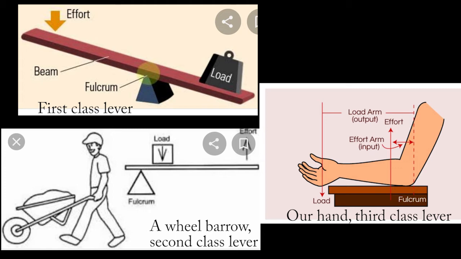So, what is lever? Lever is a simple machine consisting of a beam or a rigid rod pivoted at a fixed hinge or fulcrum. বাংলায় যাকে বলে আলম্ব। A lever is a rigid body that is capable of rotating on a point on itself, and this point is called fulcrum অর্থাৎ আলম্ব. So, fulcrum is the point about which a lever turns freely.